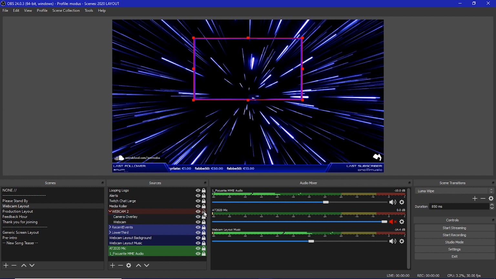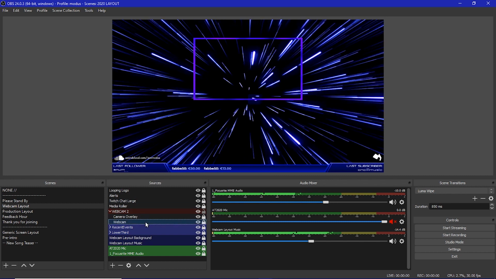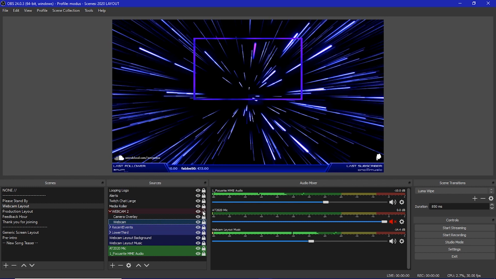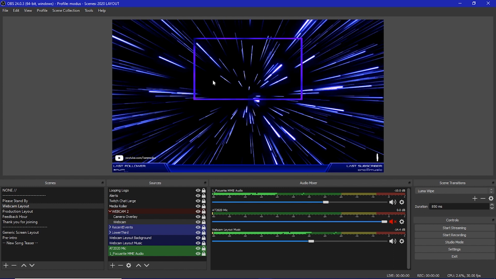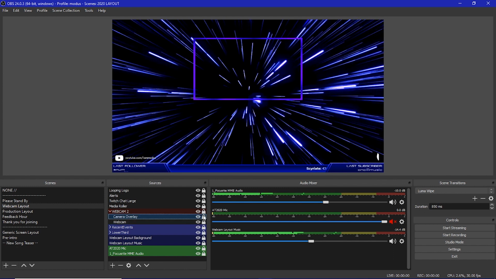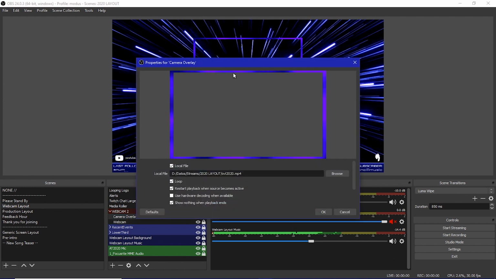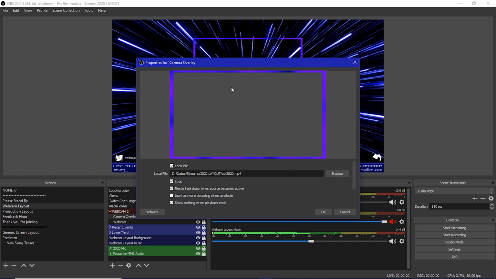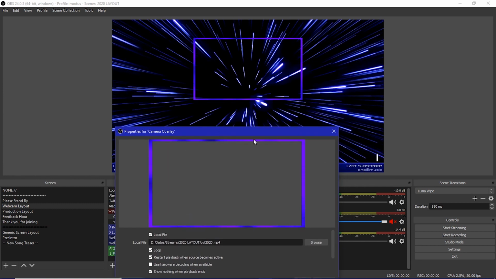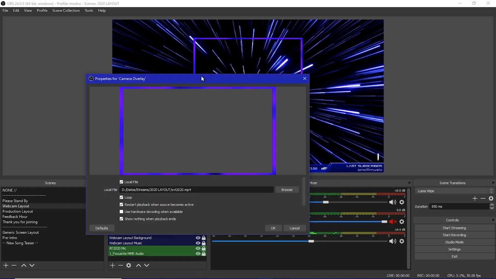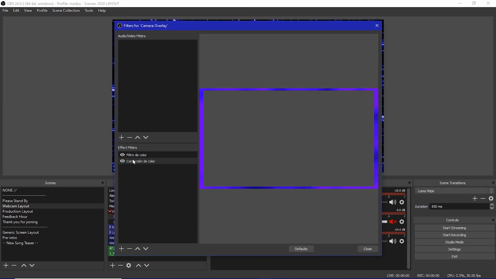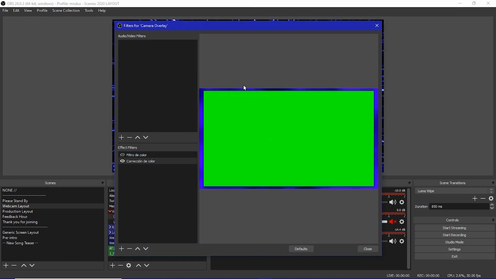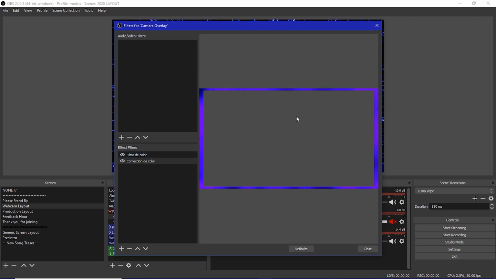It covers this, and right now it only has two things. It's the webcam feed, which is off at the moment. That's why it's not showing anything. It's totally transparent. And then there's this camera overlay, right? This is actually a video, an animation that's right on top of this, and this actually has a green screen. Let's see if I can show that right here. Yep, this is the overlay and a green screen, and then I get rid of the green with a chroma